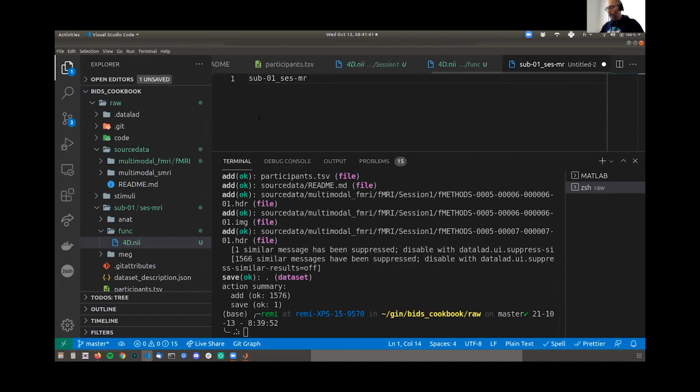You need to use a task entity to say what the people did, and they were seeing faces in this data set. It's a dash, not an underscore. Then this was the first run of a 2-run session. Then you use the suffix bold because you're dealing with bold data, and then you have the NIfTI extension. So this is how you would construct it.